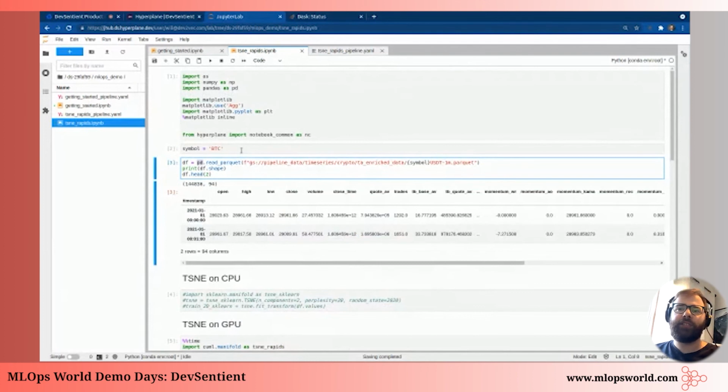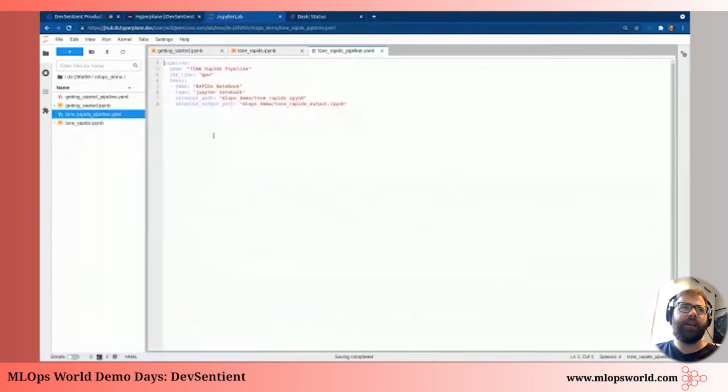And the first thing to do is we create a YAML file. So I'll go over here to this tab, and this is just a simple YAML file that outlines my pipeline. So I give it a name, job type. This is a GPU related job, so it's going to run on that GPU image. And tasks here, which are just a list of the steps in the pipeline.